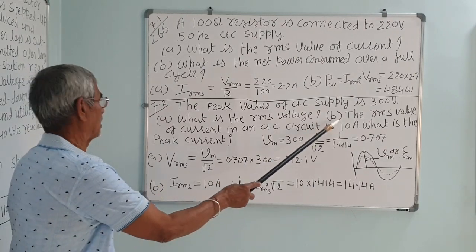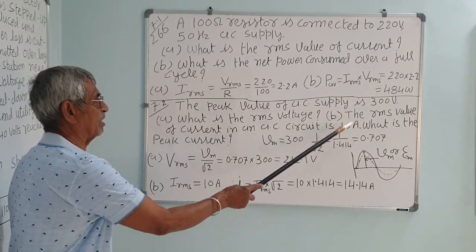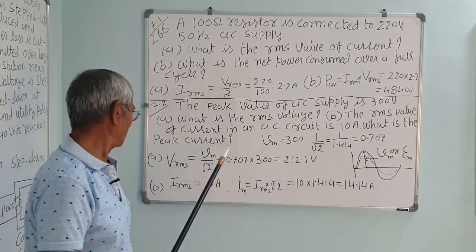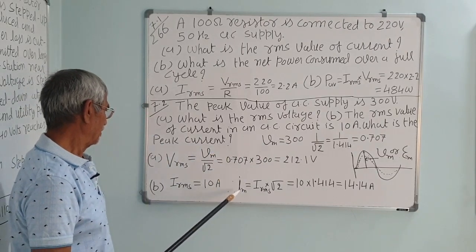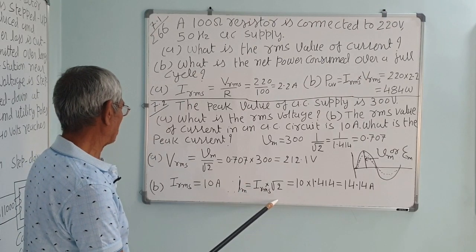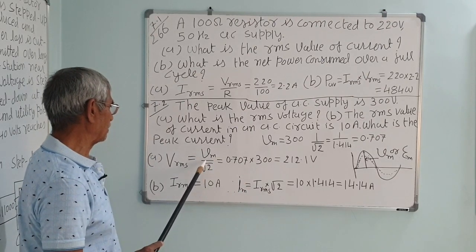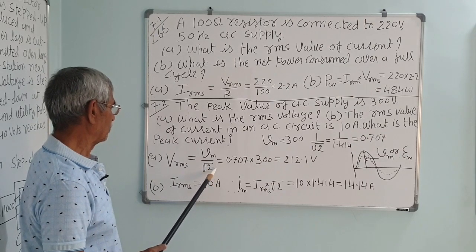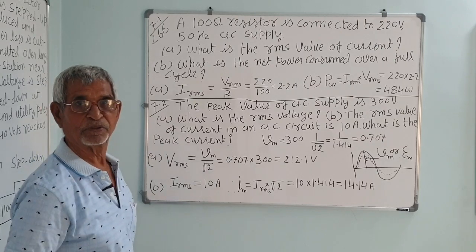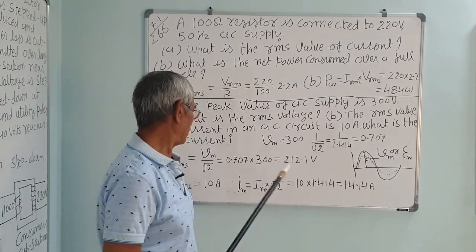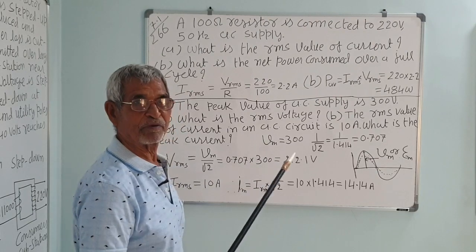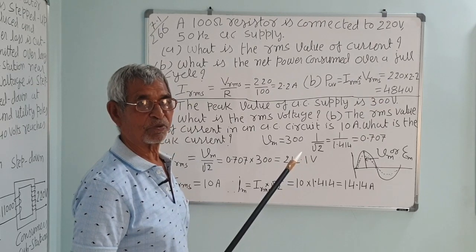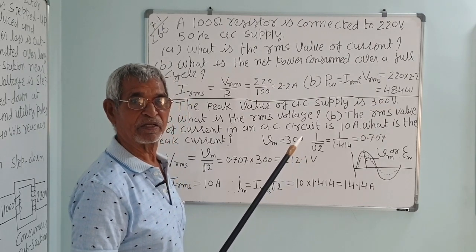Next, B part, the RMS value of the current in the AC is 10 ampere. What is the peak current? The peak will be more naturally. So, RMS is 10 ampere. The I maximum is equal to under root 2 times 10. Here you do not have to divide by under root 2. That under root 2 is 1.414, and its reciprocal is about 0.707. So, multiply it. But remember that peak value is the high maximum current and the RMS value is under root 2 times less, that is peak value divided by under root 2.